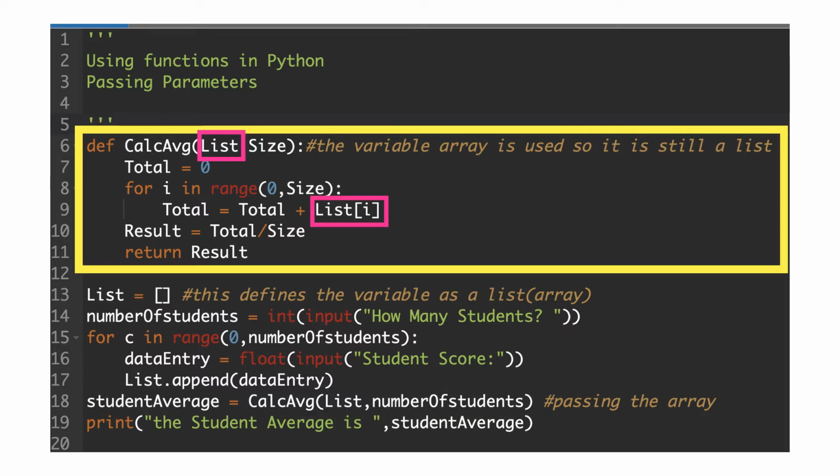So you can see here in the function, list is used as an array, but is used as a function within that. Here we have the results being returned. So at the end of the function, if you want to get results back to the main program, you need to return a variable. So here when I've called a variable,